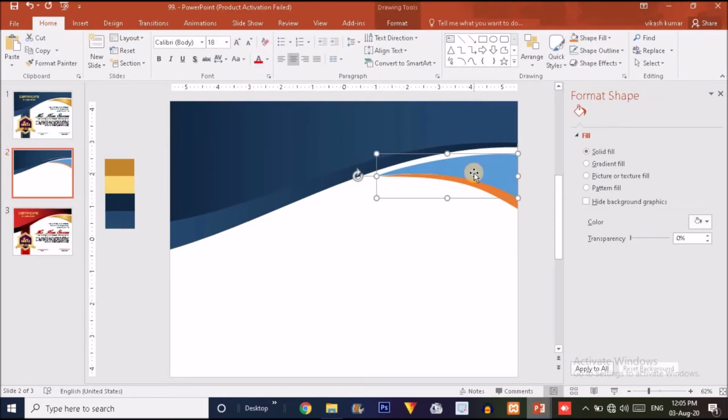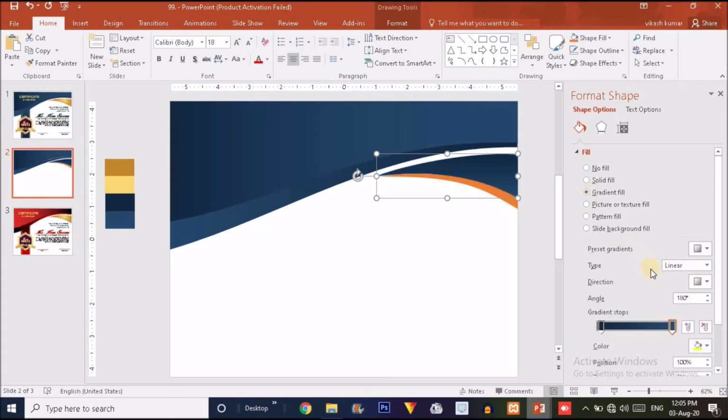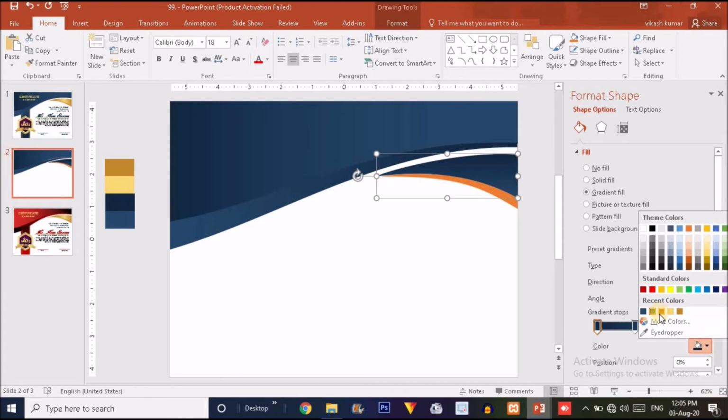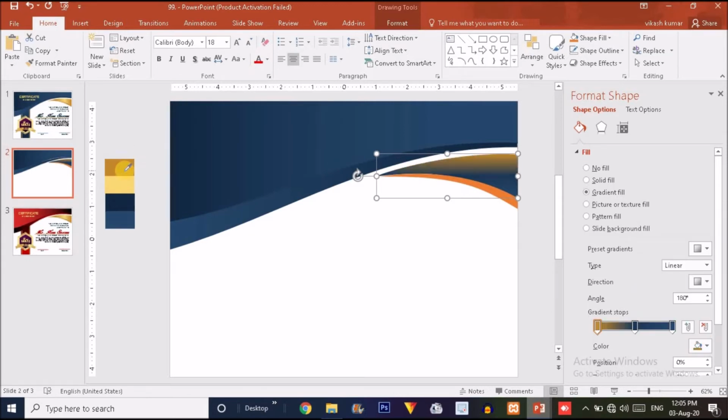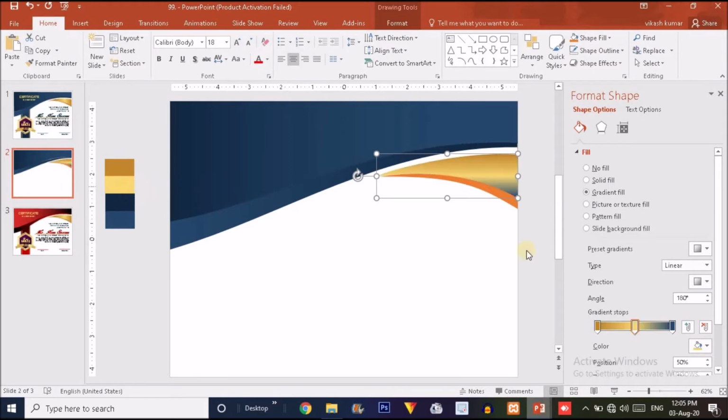Now what we'll do with this color, this shape, just click on the gradient fill option over here, and we just want to adjust three handles over here. For the first handle we are going to choose this color. For the second handle we are going to choose a lighter golden color, and for the right handle we are going to choose a dark brown color like this. Now you have to make the direction like this and done. Now we'll do the same with this shape.